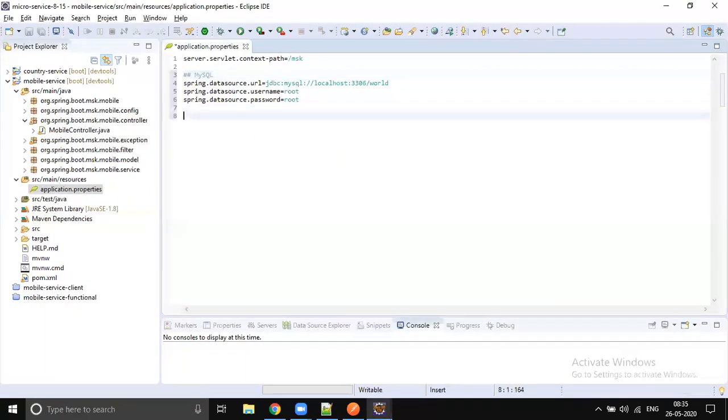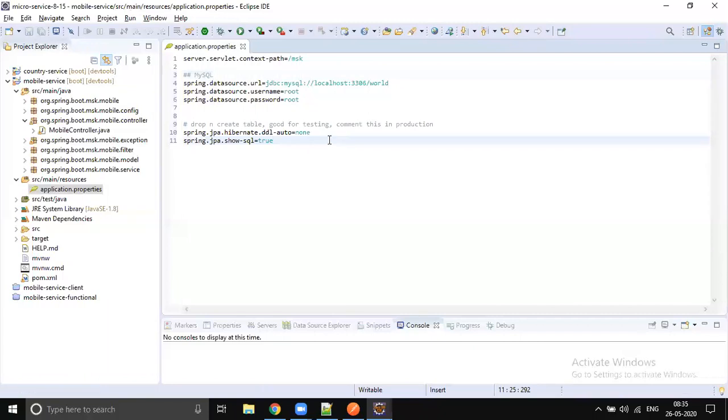Okay, one more property is there. This one, right? DDL auto, we will discuss what is DDL auto later. Okay, so with this we are done with the configuration, right? Our application will now connect to MySQL, which is running on my local.